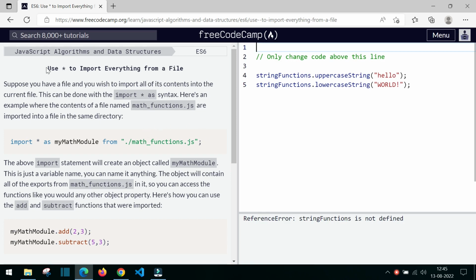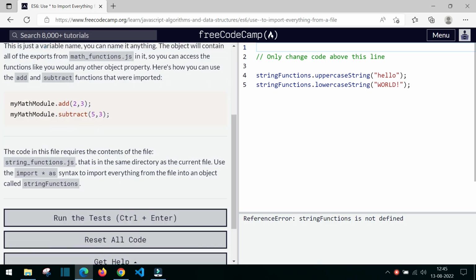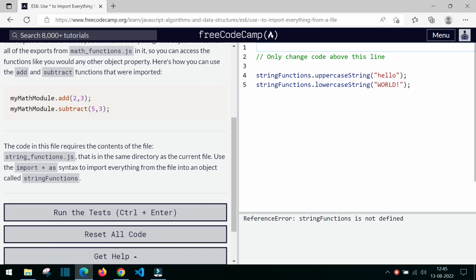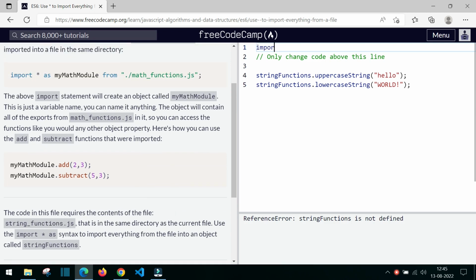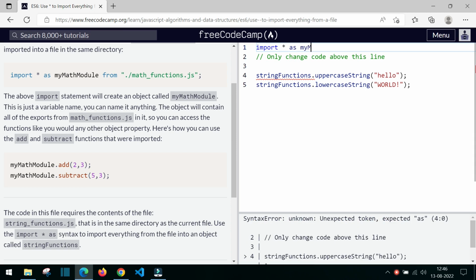Now what we are going to do is use asterisk to import everything from a file. Suppose you have a file and you wish to import all of its content into the current file. This can be done with import asterisk as. Like this, from the mathfunctions.js file you will be importing everything to the present file. Let us do it now. The code in this file requires the contents of the file string functions.js. So we are going to import everything from string functions.js. So we have to give import asterisk as myMathModule from,